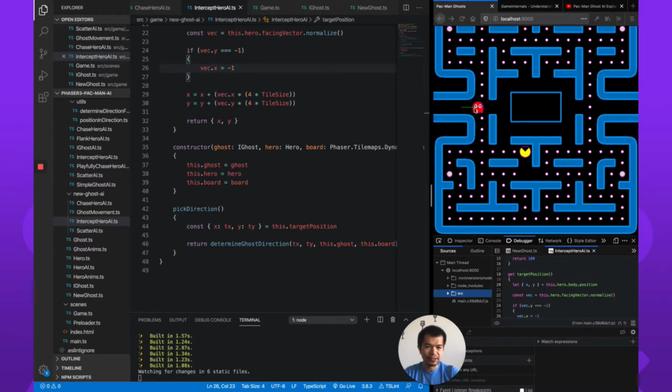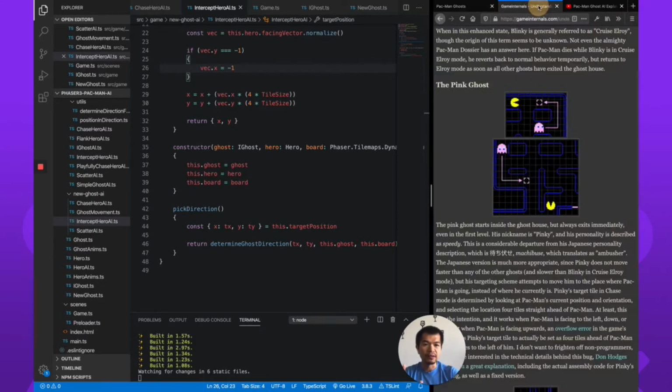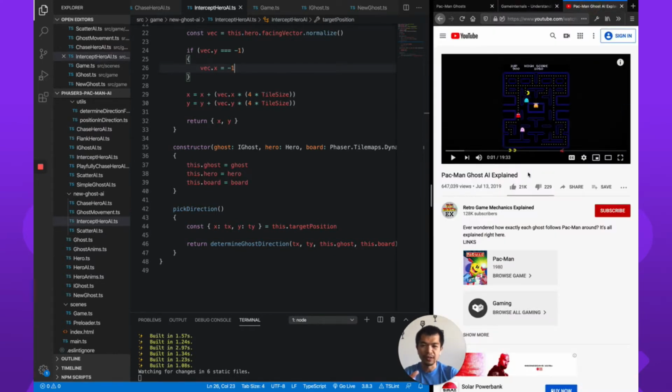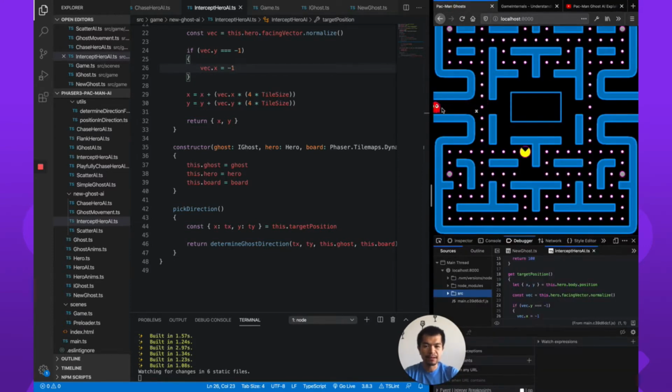So this X here is the target that the Intercept Hero AI is using, and this is just to mimic the actual bug in the original Pac-Man in the arcades. You can check out this article, we'll link it in the description to learn why that happens, or this video to get an explanation of why that happens as well. It's got to do with 16-bit integers and storing the vector as both XY components as 8-bit values. No, 8-bit values. Okay,